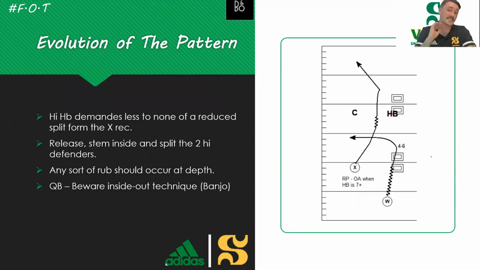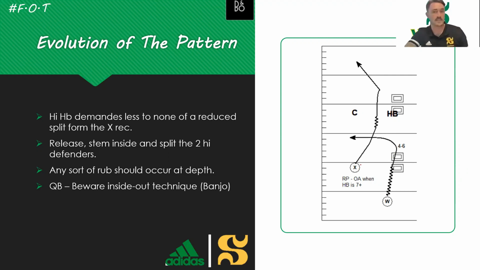Now, if we have a situation where that halfback is playing soft, so you play against teams that play match, or you're playing against teams that play man and they're playing inside-out banjo technique. These defenders have to play soft in order to read routes. So basically, if this halfback is playing around 7 to 8 yards plus away from the line of scrimmage,